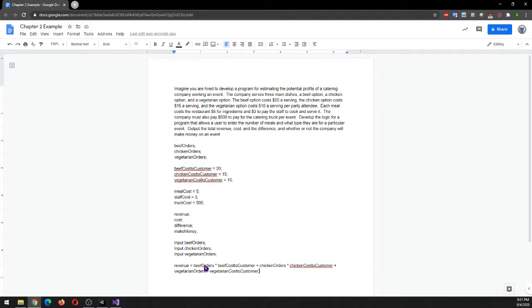So this is going to get us the total revenue that we get. So we need to figure out how many beef orders we're getting, and then we're going to multiply that by how much we're charging our customer for that. And then we're going to do the same thing for the chicken and the vegetarian orders. Next, we need to figure out what our costs are. So our cost is going to equal our beef orders plus our chicken orders plus our vegetarian orders